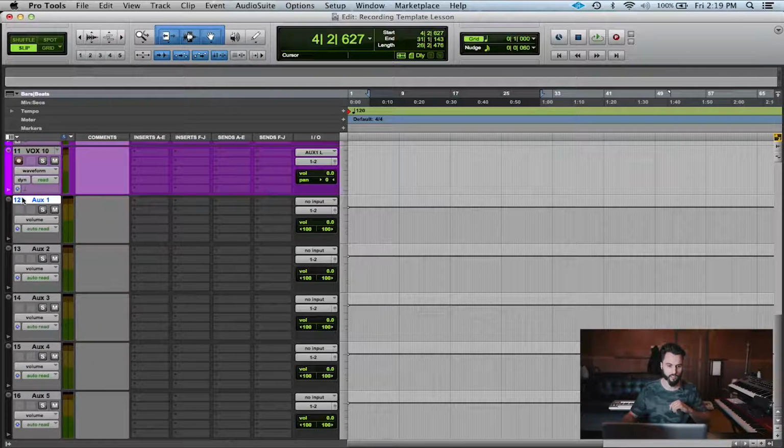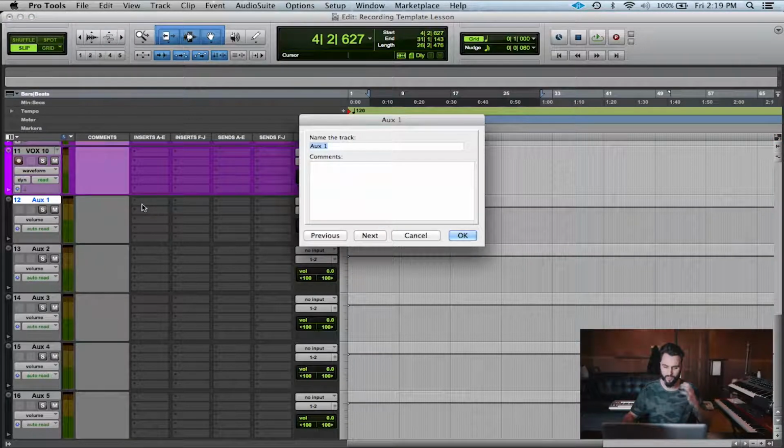So got these auxes set up. I'm just going to name them. So we're going to label everything and then we'll actually get into the nitty-gritty of the routing and setting it up. I just want to get you guys familiar with what this is comprised of and then build from there. So aux 1, I'm going to make it a long delay. We're going to have to set up the delays and stuff as well, but at least if we have an idea of what's what,